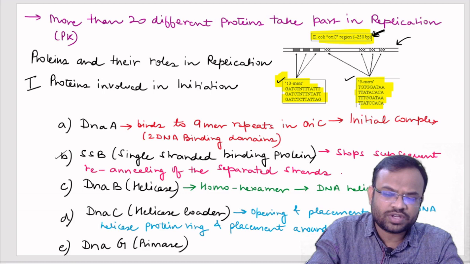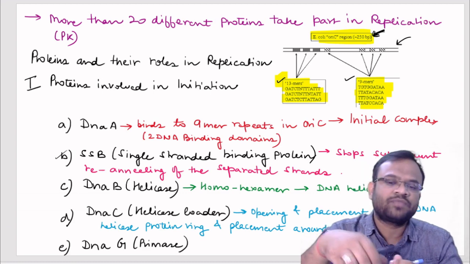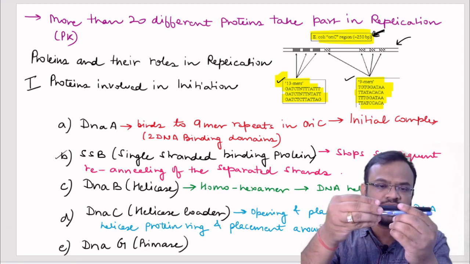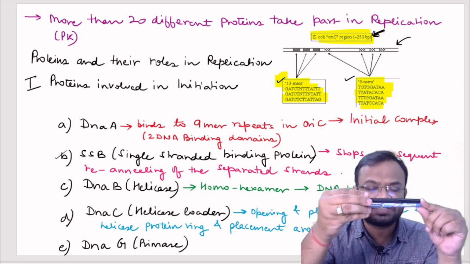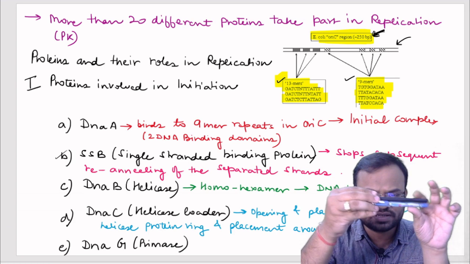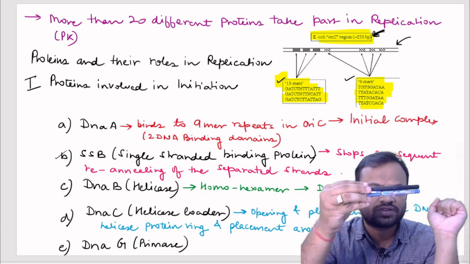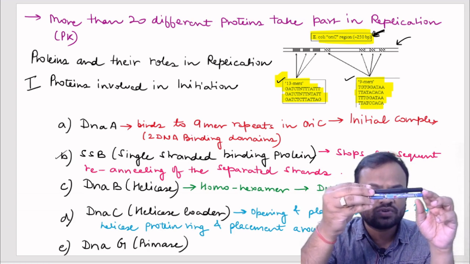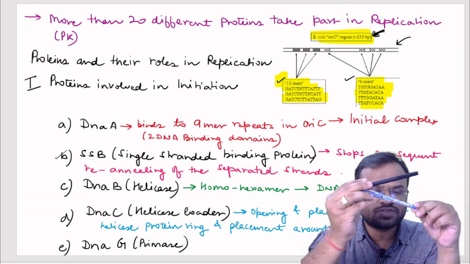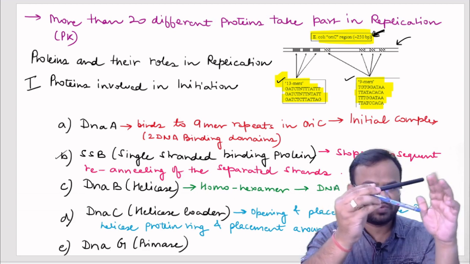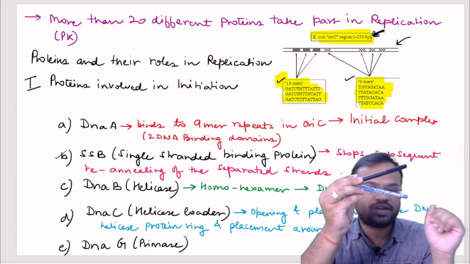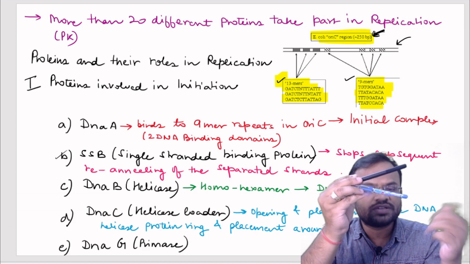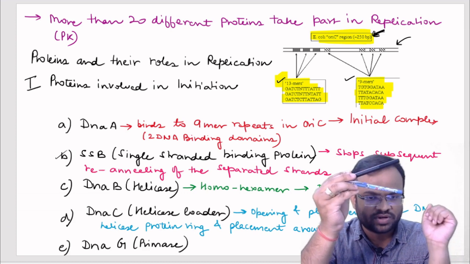Let me just show it to you through an example. Now suppose this is my double-stranded DNA. I should have shown the circular DNA, but let us consider this as a circular DNA, and it is double-stranded in nature. Now you know that for the purpose of replication, both of these strands should be separated out. One strand is this and the other strand is this, and they need to be separated. This separation is done by helicase. You already know this. Now, but